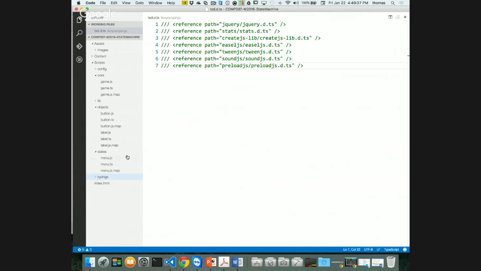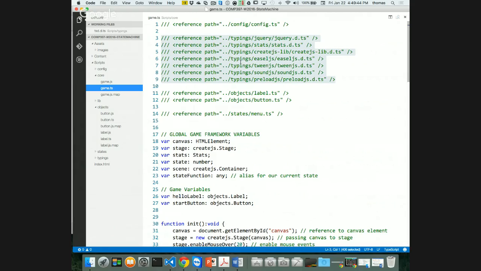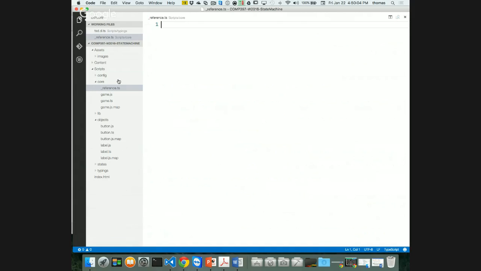Okay, first. Second, okay? Second, I want to go into my game.ts file, and now I want to reference all of these files again, but I only want to reference it one time. And I don't want to keep referencing my tsd.d.ts file. In my core, I want to make another file, a new file called underscore reference.ts, reference.ts, and I want to reference my tsd.d.ts file from here. And I've done this before in other classes, so I'm going to say / reference,